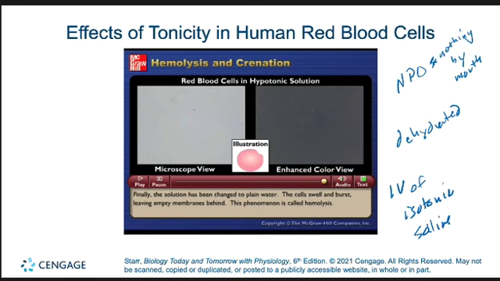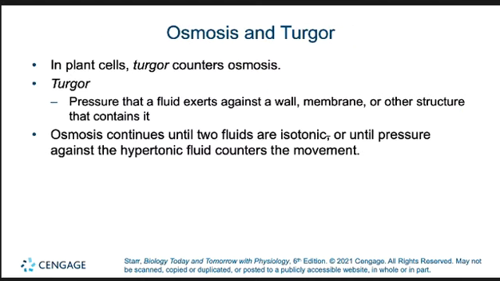Okay. If it's isotonic, the red blood cells aren't going to rupture because the rate at which water moves in will be equal to the rate at which water moves out, and the cells will maintain their normal shape and function. If we were to give you pure water, we would rupture the cells, right? They would release their hemoglobin. The hemoglobin would block capillary beds and cut off blood to downstream tissues, and those tissues would die, okay? So now you have a practical application for what you've learned here with membrane transport, right?